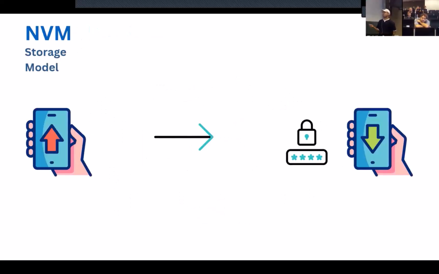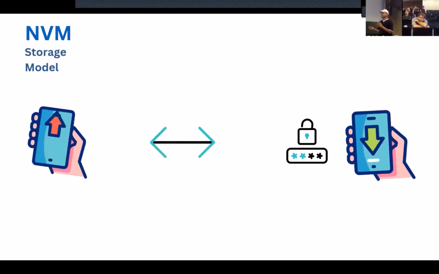Let's see one example of how the current system works. If you want to authenticate or communicate with another device, the device needs to send a stored secret key that is stored in its non-volatile memory, which is again an expensive thing. So it sends back the stored secret key. Then the other device decides if the secret key matches or not. If there is a perfect match, then they communicate. This is the typical structure in the current model, but as I said, the stored secret key is in digital memory, which can be hacked and copied.